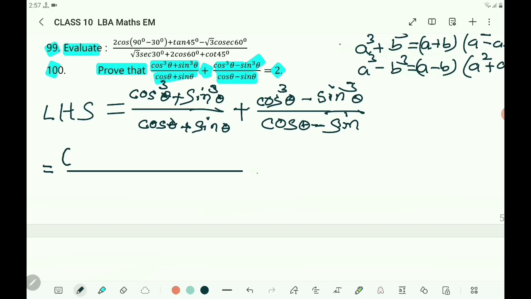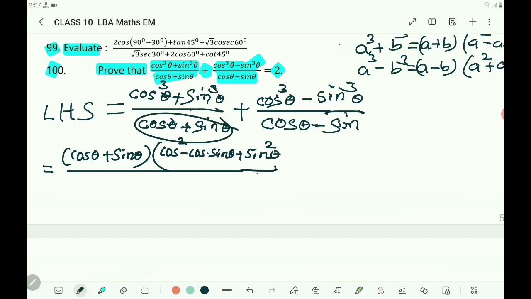First factor is cos theta plus sin theta, and the other factor is a square minus ab plus b square, that is cos square theta minus cos theta sin theta plus sin square theta, by cos theta plus sin theta as it is. Then you write this plus,